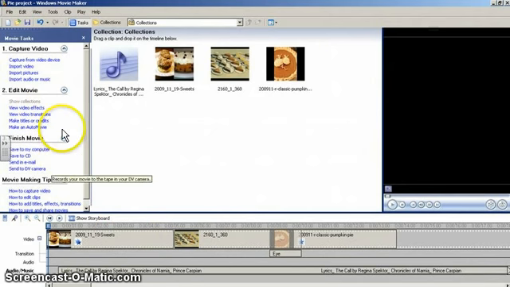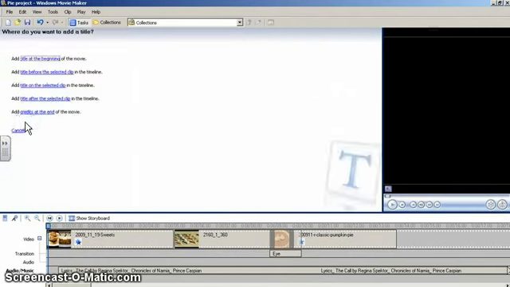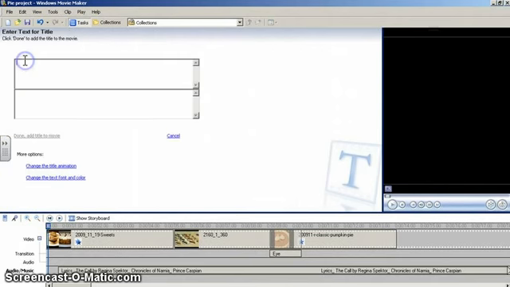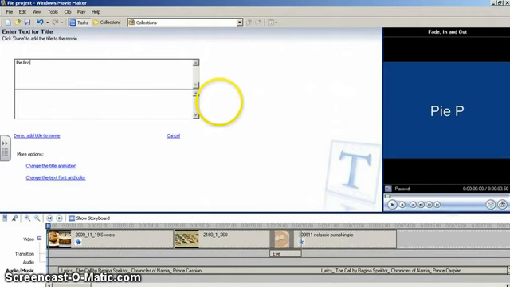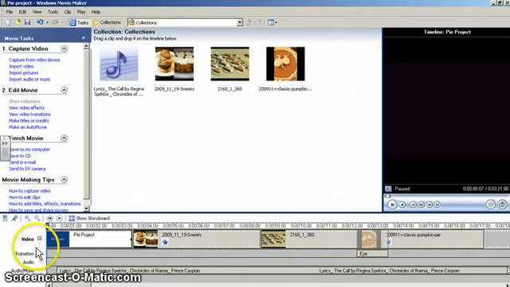So the first thing I would do is go down to the third choice on making titles or credits and put the title in right away. That allows you to work with the first few pictures a lot easier with Windows Movie Maker. So you hit Make Title and put title at the beginning of the movie, and then you go ahead and make up a title for it, Pie Project, and hit done, and it'll shove it in there. And of course, it gives you other options of how to modify the effects of the title